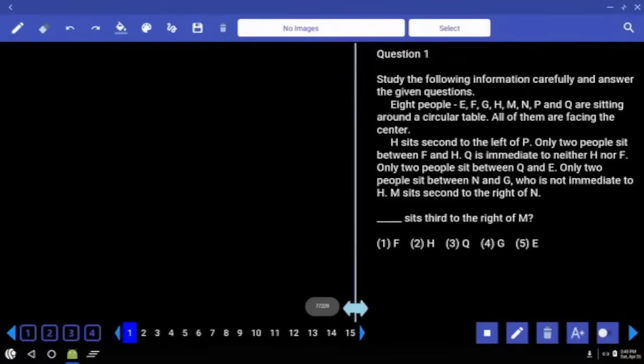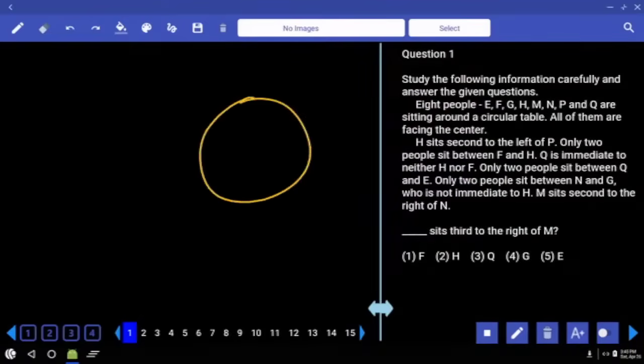Now question number 1. How many people are there? 8 people seated around a circular table, all of them facing towards the center. First or the second priority? And first priority even for the first time. Clear? That means even for the first day student also it must be under the first priority. Clear? Now 8 persons were there. These 8 persons were seated around a circular table and all the persons are facing towards the center.